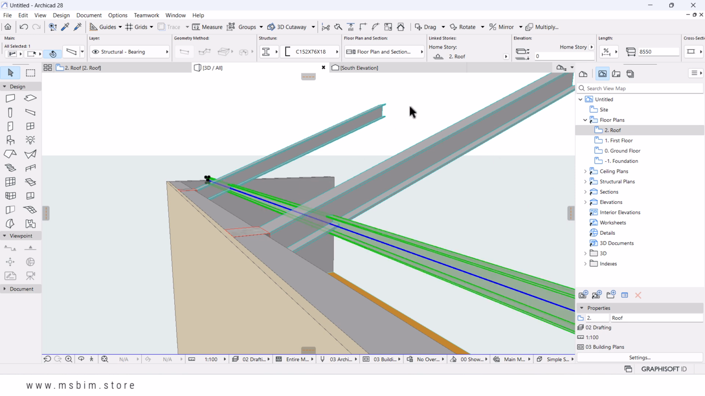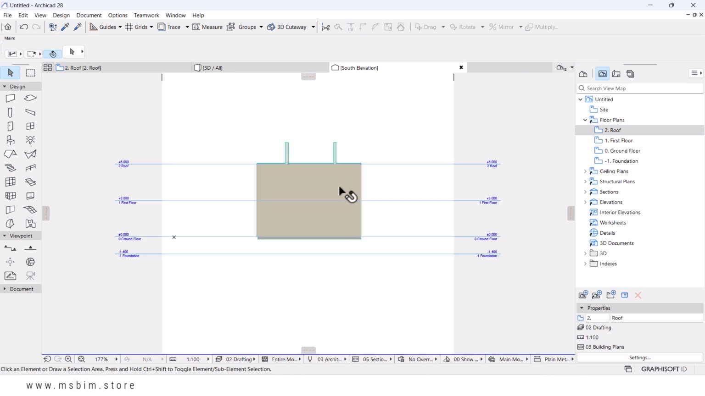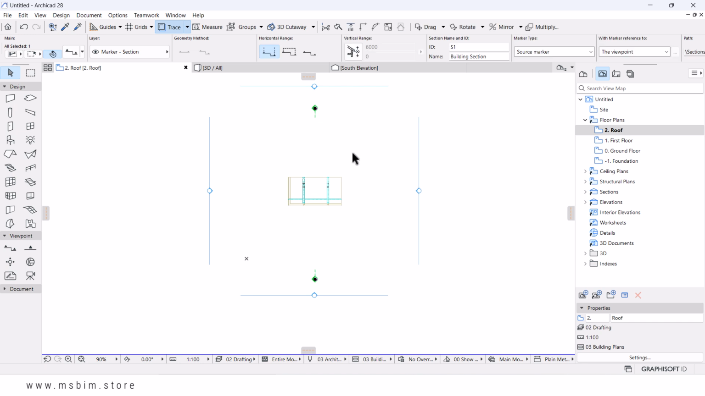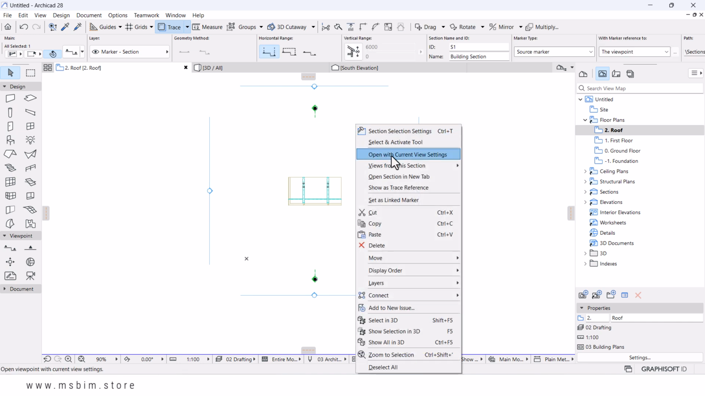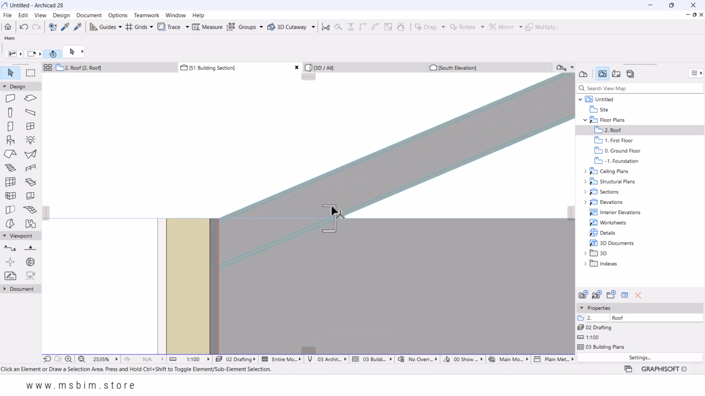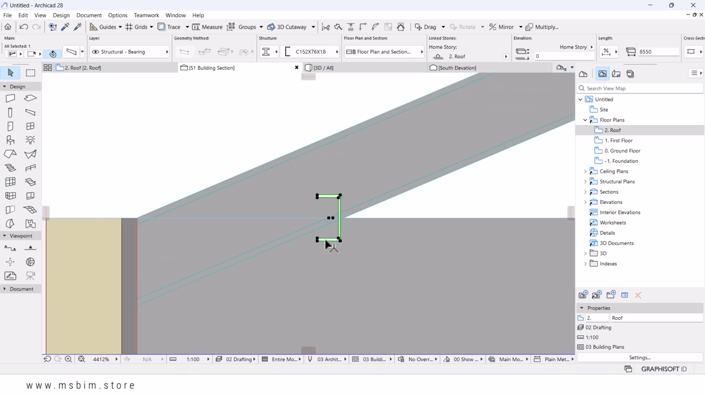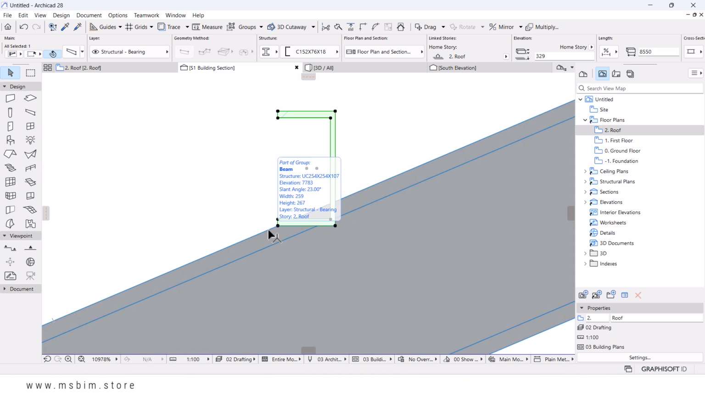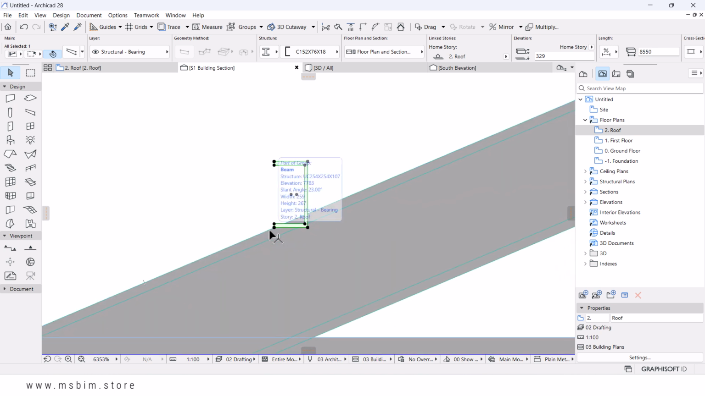I'm going to open the section. Oh, sorry, this is the elevation. Where is the section? I'm going to select the section on the floor plan view, right click to open with current view settings. Okay, so I'm going to zoom in here and select this, drag it all the way to the top. So this needs to be